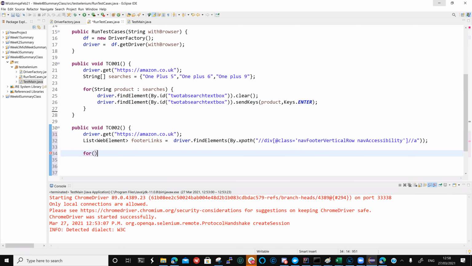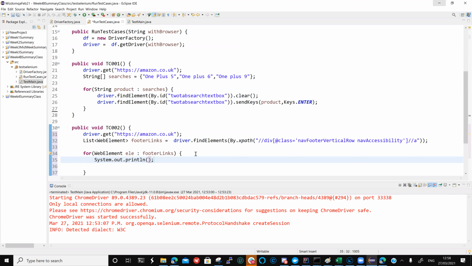So for, I'll say something that is a WebElement ELE : footer links, correct? And then my motive is simple. I'll just say sysout. I want to simply print them out. Nothing more than that. Sysout. And then I'm saying